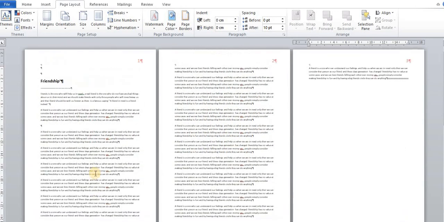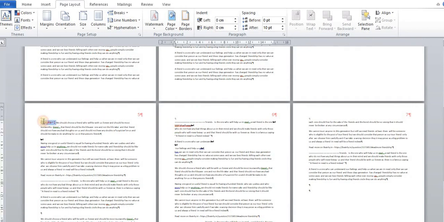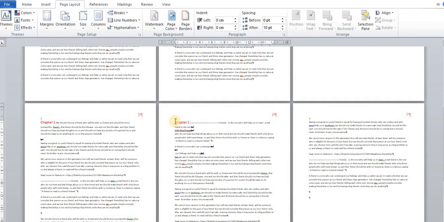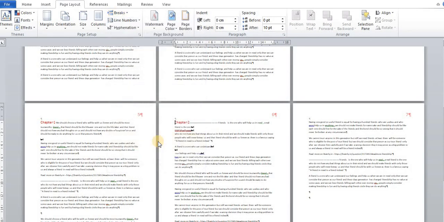Okay students, similarly you can use even page. If you want to start a chapter always from an even page number, for example, this is chapter number 1 and this is chapter number 2. I want to shift chapter 2 always to an even page number. Simple: click on Break and click on Even Page.